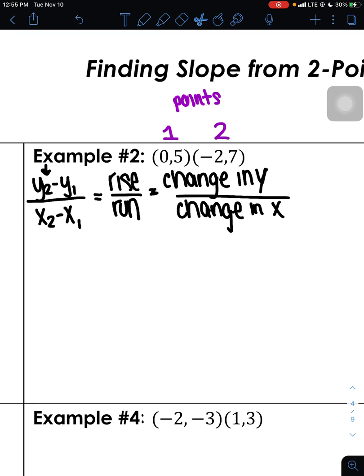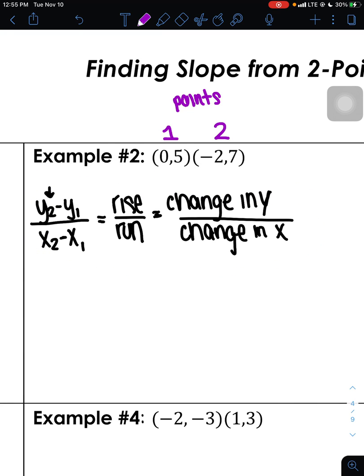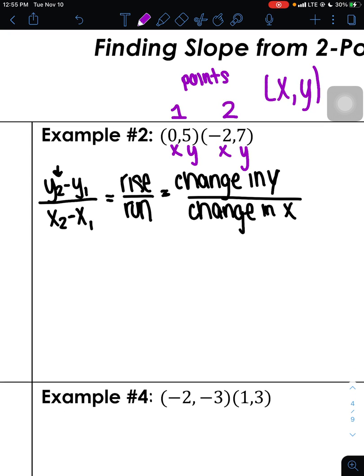Move this down so I could label. I know this is the x coordinate. This is the y coordinate, this is the x coordinate, this is the y coordinate. And that's going to be consistent. It's always going to be written x, y, regardless. That's going to be the general format for a point. So when I label it 1 and 2, x and y on each different point, that helps me figure out what y2 is. So I know I have to look at the second